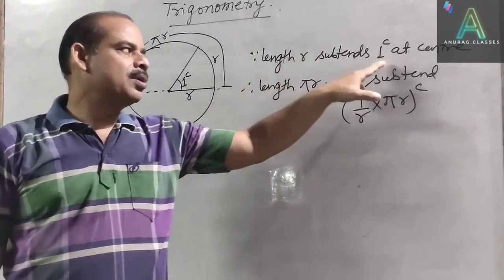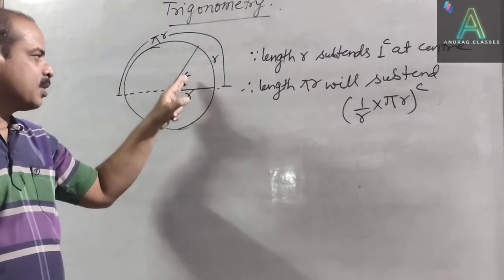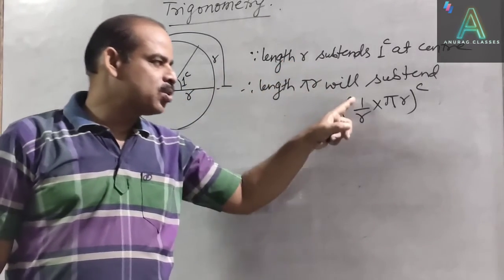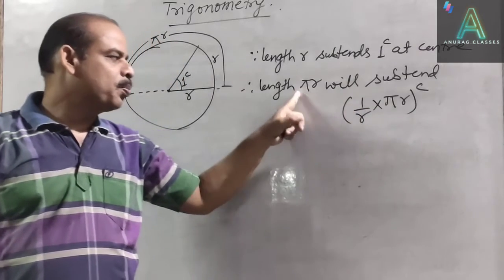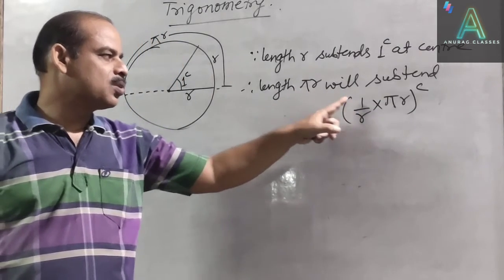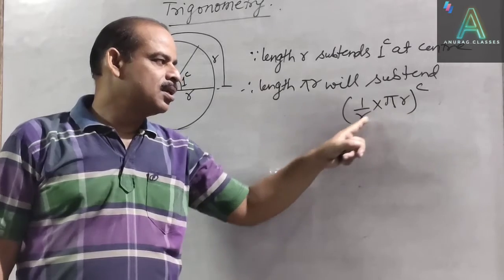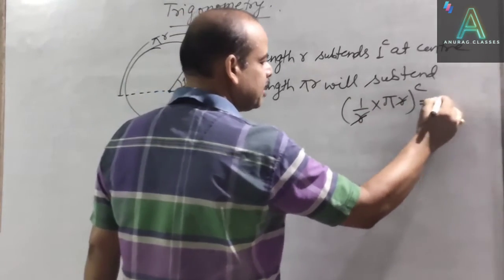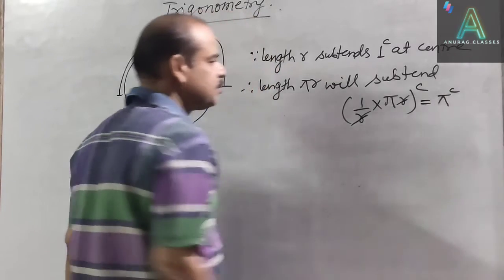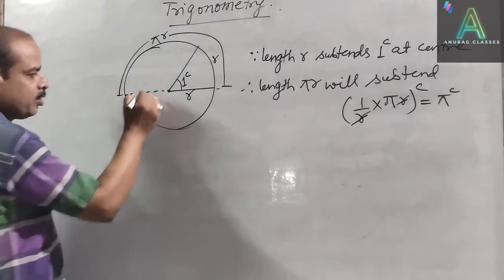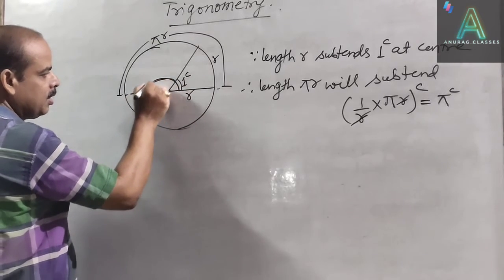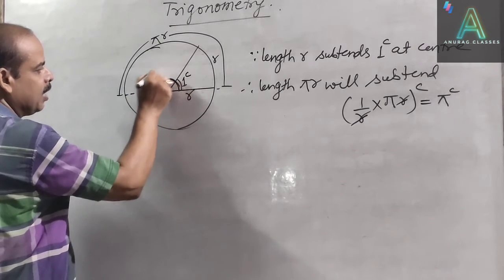r लेंथ के लिए 1 रेडियन बन रहा है, r लेंथ से 1 रेडियन, तो यूनिट रेडियस से कितना बनेगा? यूनिट रेडियस से हो जाएगा 1 by r. तो पाई r लेंथ से कितना बनेगा? तो 1 by r into pi r. ये हम देख सकते हैं, r r कैंसिल, और ये बच जाएगा पाई रेडियन। इट मीन्स ये जो सेंटर पे एंगल क्रिएट हुआ ये पूरा एंगल है पाई रेडियन।